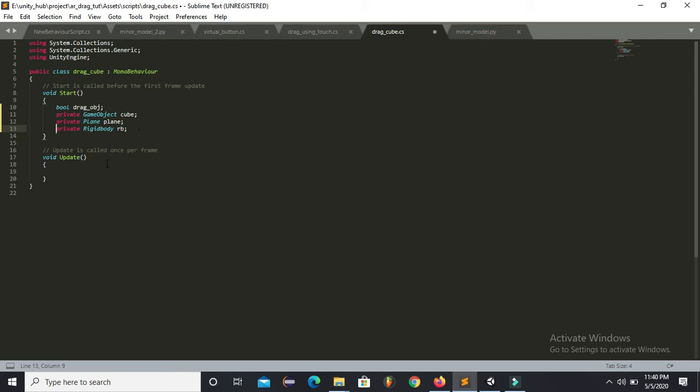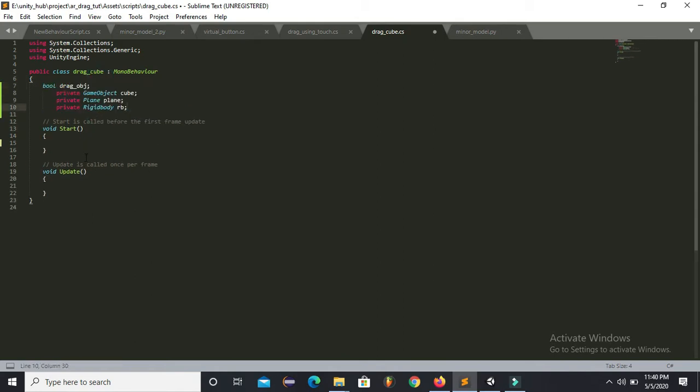So now I've created all the variables. This variable will store the value of the coordinates of the target position. And now I will use this dragging here.